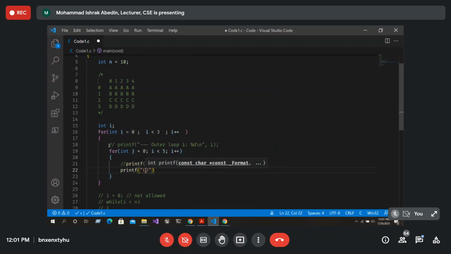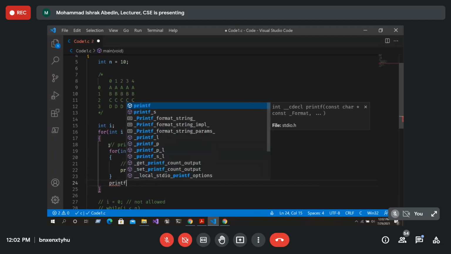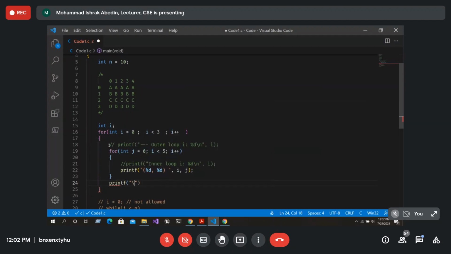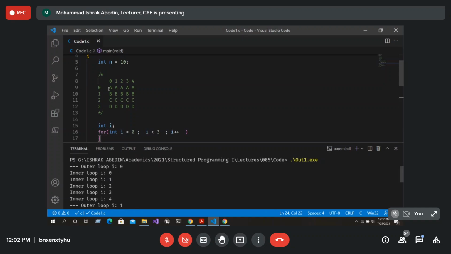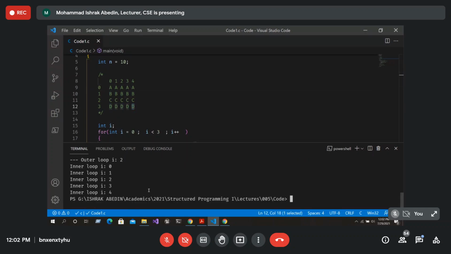Let's just print them in the brackets, and let's put space afterwards, i comma j, the new line after. If you run this one, so if you try to read the coordinates of this table, this one is 0, 0, afterwards 0, 1, 0, 2, 0, 3, 0, 4, again 1, 0, 1, 1, 1, 2, 1, 4. In this line 3, 0, this one is 3, 4. If you just compile this one,